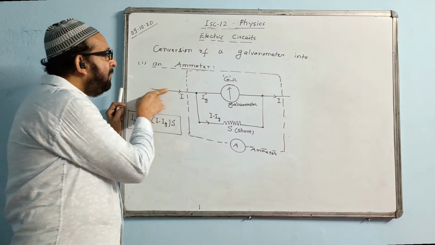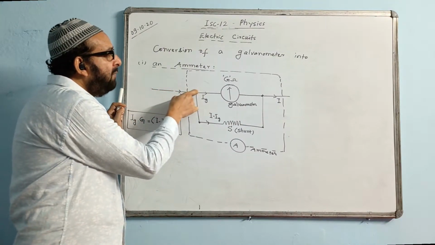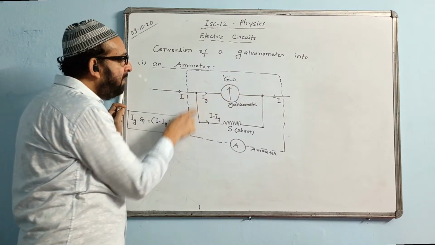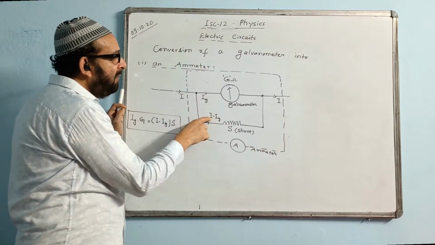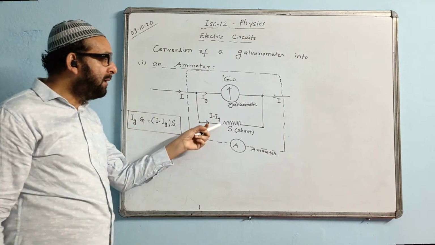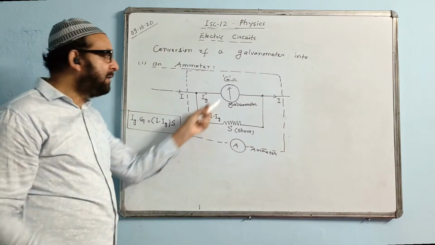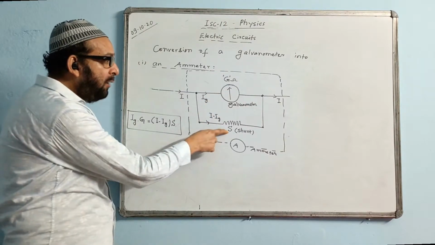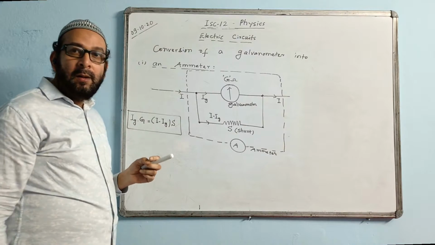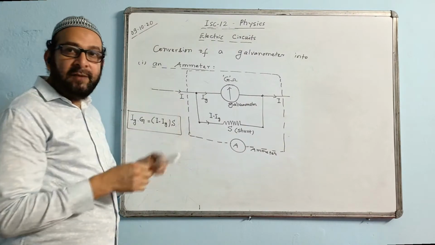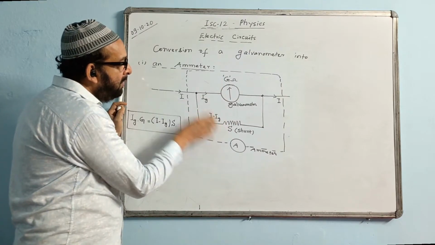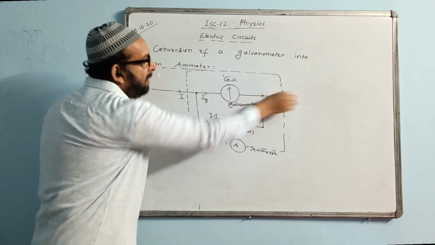So out of 10 ampere, whatever is required for it, 0.001 ampere will flow through it, and the remaining part, 10 minus this, will flow through the shunt. That is the maximum current. Maybe 1% current is passing through the galvanometer and 99% current passes through the shunt, because this has very low resistance. If the resistance is low, the current will be very high. So high current will flow. In comparison, this is very low. The maximum current will flow through this and will come out.